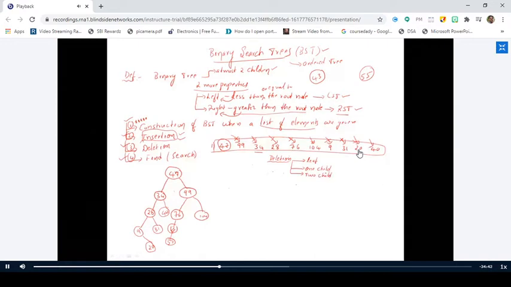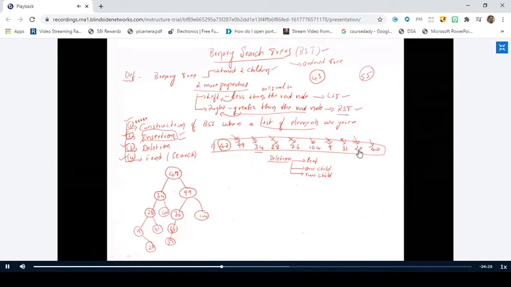Whenever you are asked to delete a particular node, you should check whether you are going to delete a leaf node, or a node which has 1 child, or a node which has 2 children, right? So the deletion operation should be performed in the binary search tree in 3 methods.